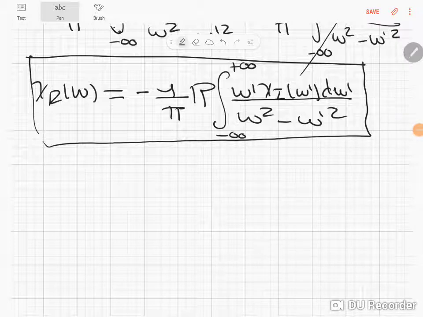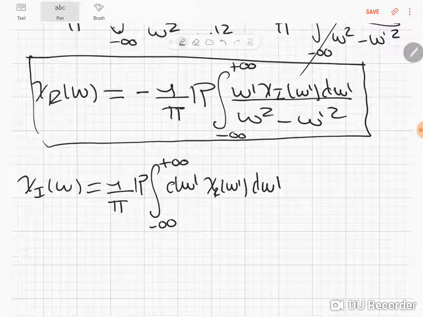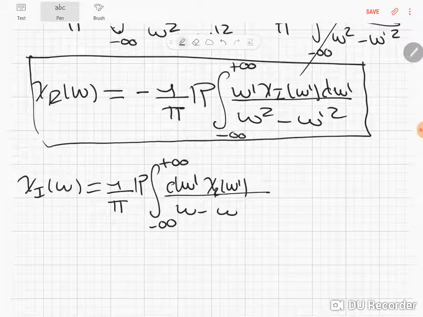So then let's see, chi imaginary of omega is equal to 1 over pi principal value of the integral from minus infinity to plus infinity, d omega prime chi real of omega prime, divided by omega minus omega prime, and this is 1 over pi